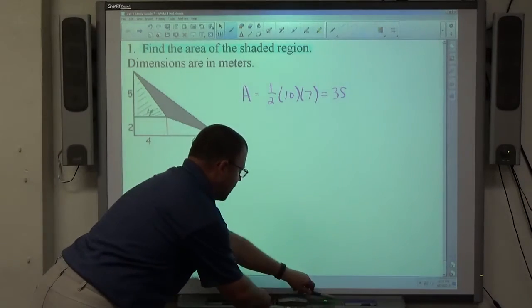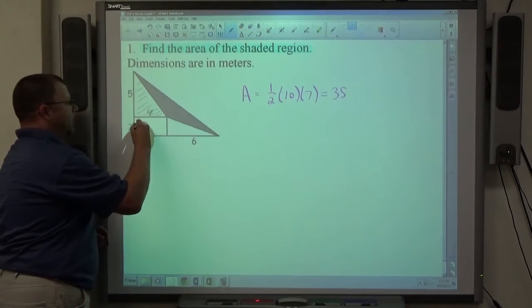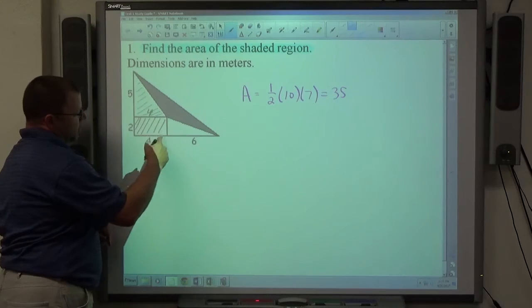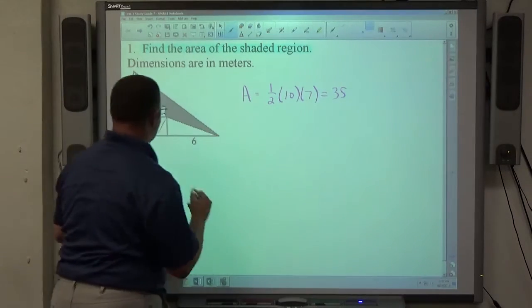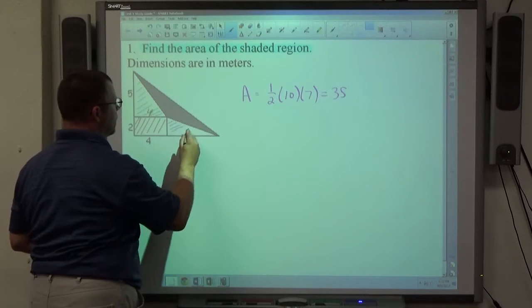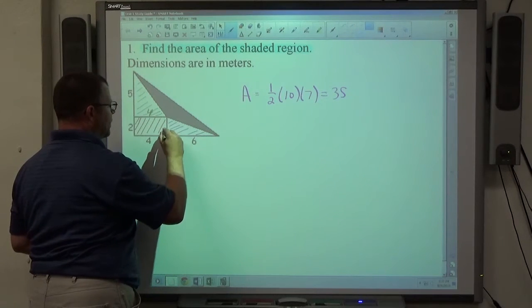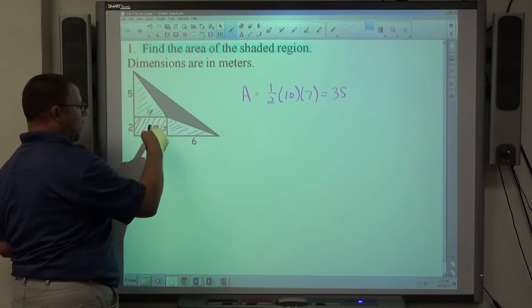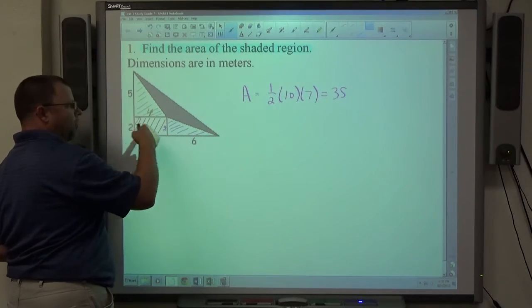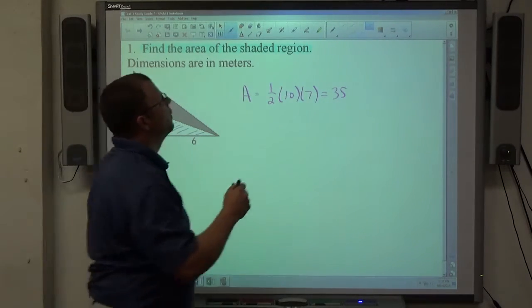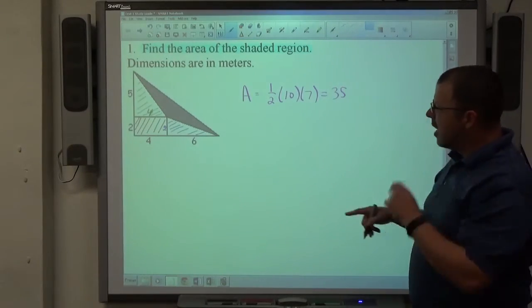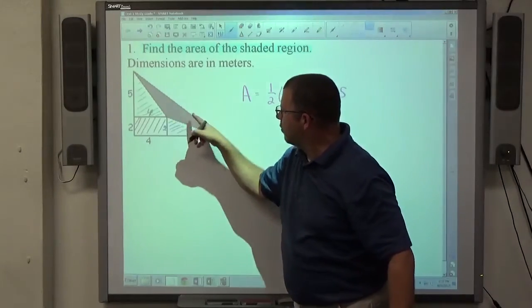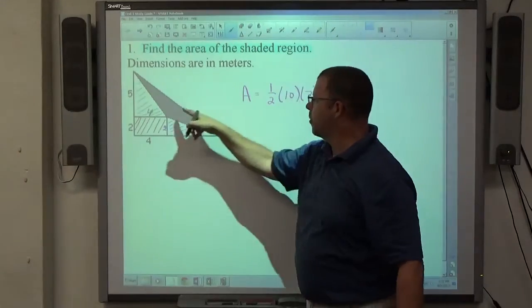We also have a rectangle being cut out of this. Its base is 4, its height is 2. And finally we have another triangle being cut out of this. Its base is 6, its height is 2. This is based on the rectangle here, 4 and 4 and 2 and 2. So looking at those three figures in green, red, and blue that are being cut out of the entire triangle, if we subtract the green, the red, and the blue from everything, which is 35, we'll be left with